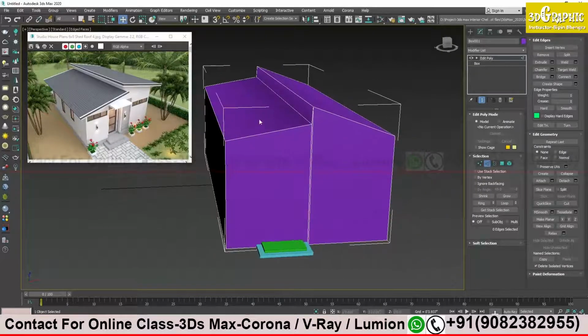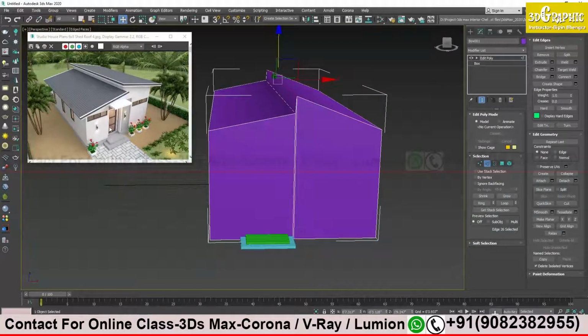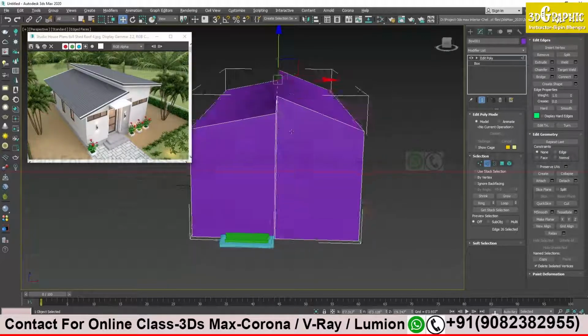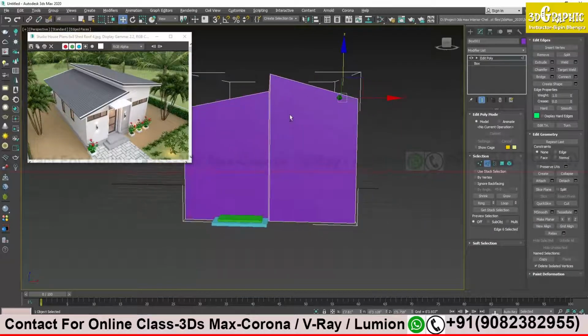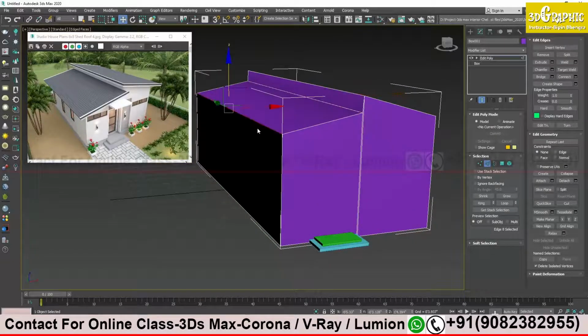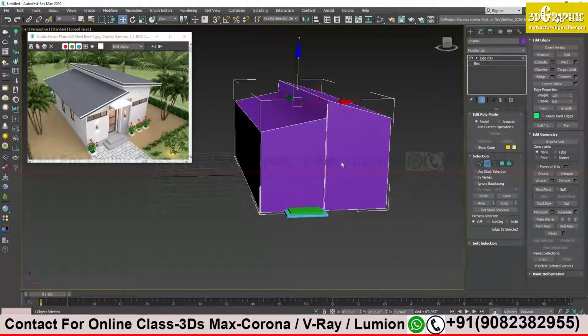Yes, sir. The bottom one is also a little bit inclined, so I will drag. I have two separate edges for both the roofs. I will move this one as well, and I will move another one. I think the height of the wall is a little different. Here it is a little below and the top one is higher. Yeah. So I have a different edge over here, and I can move it up as well. I have separate edges, so it is easy for me to work separately. You see, I got this shape.